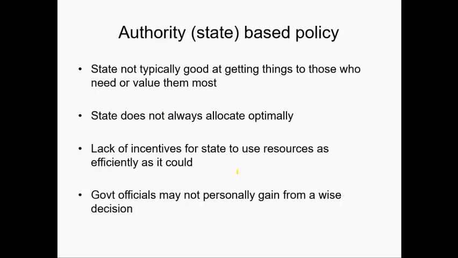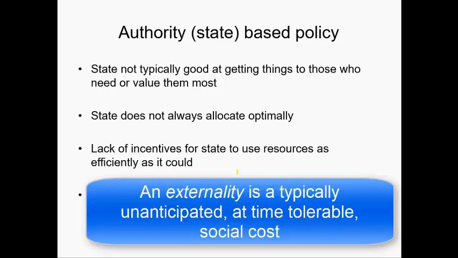Now let's talk just for a few minutes about authority-based policy versus market-based policy. And again, in a complex society like the United States, you've got a mixture of the two. But what we'll look at is, if you focus more on authority, i.e. state-based policy, what are some pros and cons of that? Or if you focus more on a market-based policy, which tries to get the state out of the way of the decision making, we may have even more externalities there.